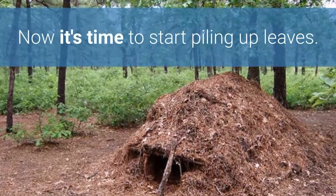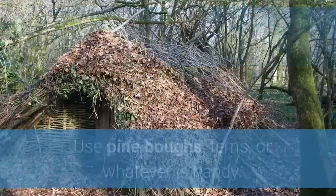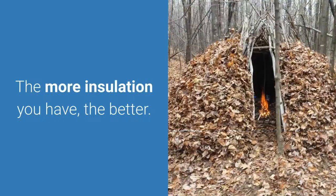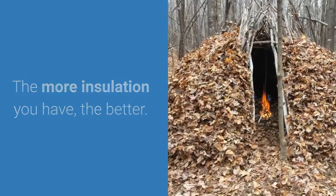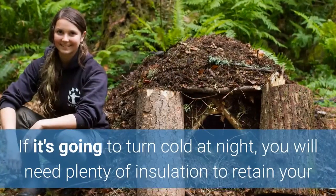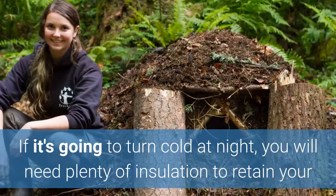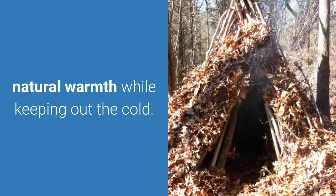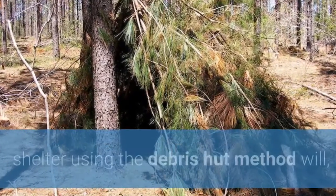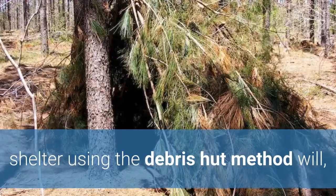Now it's time to start piling up leaves. Use pine boughs, ferns, or whatever is handy. The more insulation you have, the better. 2 or 3 feet is not too thick. If it's going to turn cold at night, you will need plenty of insulation to retain your natural warmth while keeping out the cold. This valuable knowledge of how to make wilderness shelter using the debris hut method will, hopefully,